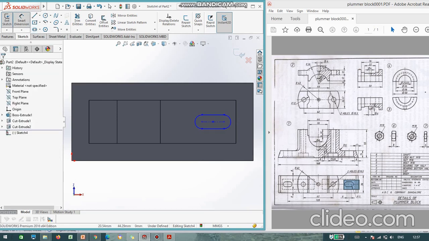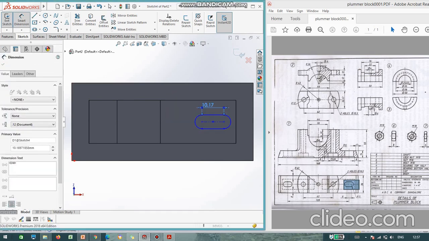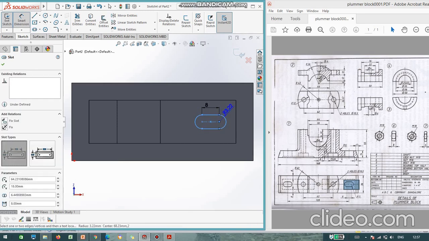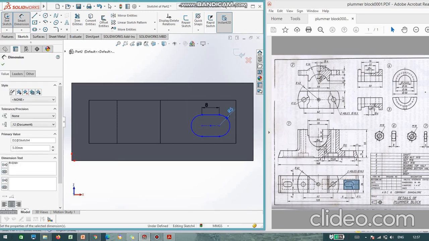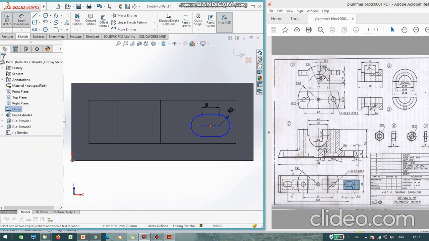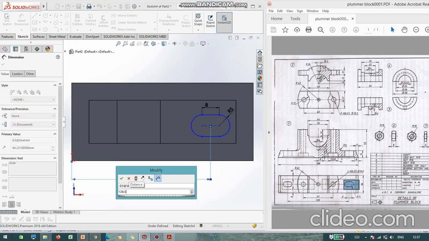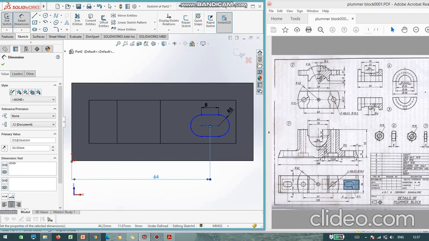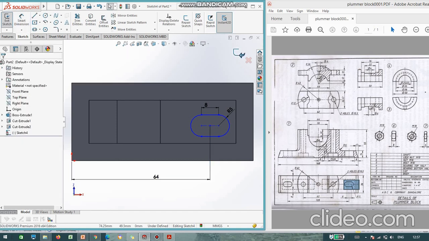So assign the dimension. It is given 8 and the radius is given 5. Okay, and from the midpoint to the center of the slot, it is 128 divided by 2, means 64. Okay, say OK. Exit the sketch,